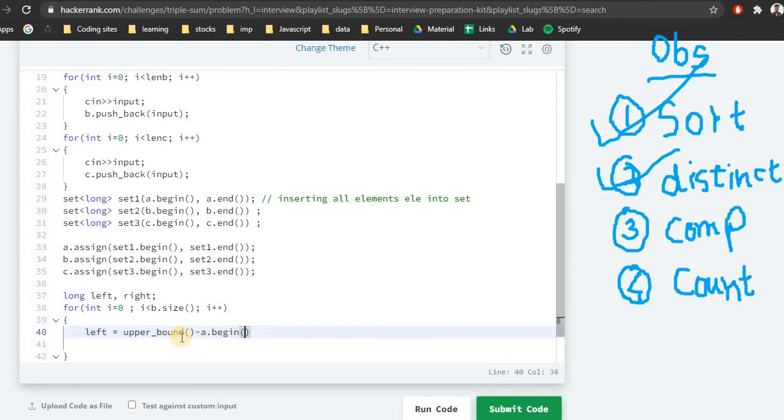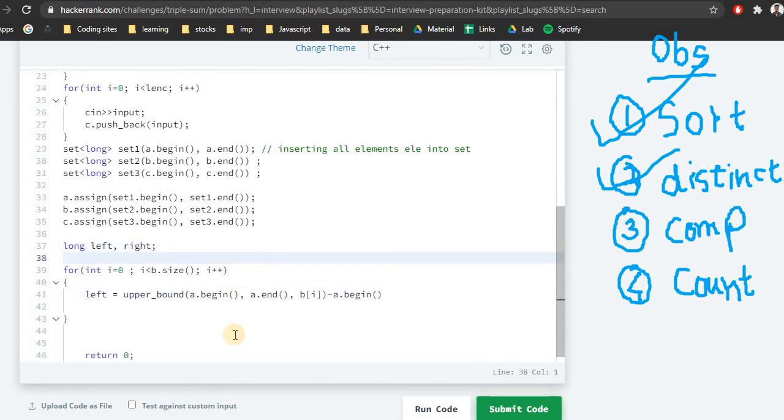In the upper bound function, what we need to pass is the array and the element for which we are looking for the upper bound. So it will be a dot begin, because we want to search for the element in the array first. The first array is a, so a dot begin, a dot end, and the element which we need to find. This is b of ith, because we are iterating using i.